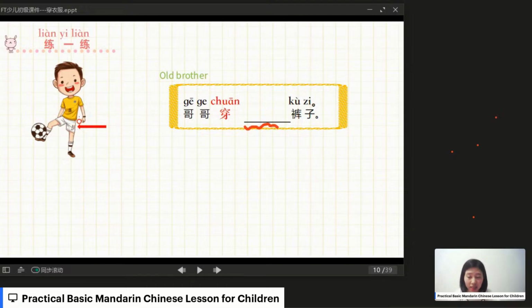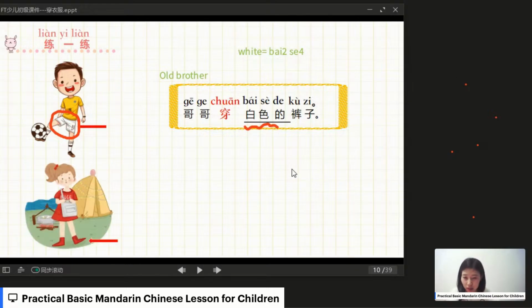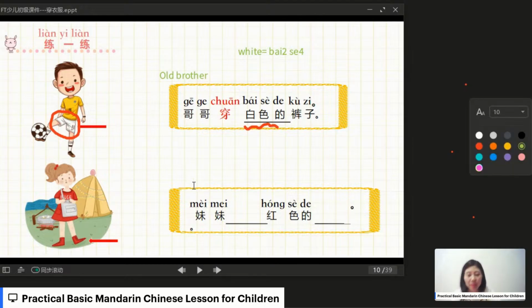pants, right? According to the picture, I think we're going to describe the color. So what color is it? That would be white. White in Chinese is 白色. So in this sentence we just put 白色 into the sentence and that would be the correct sentence. So the whole part would be 哥哥穿白色的裤子. Okay, so the next one, you can see 妹妹